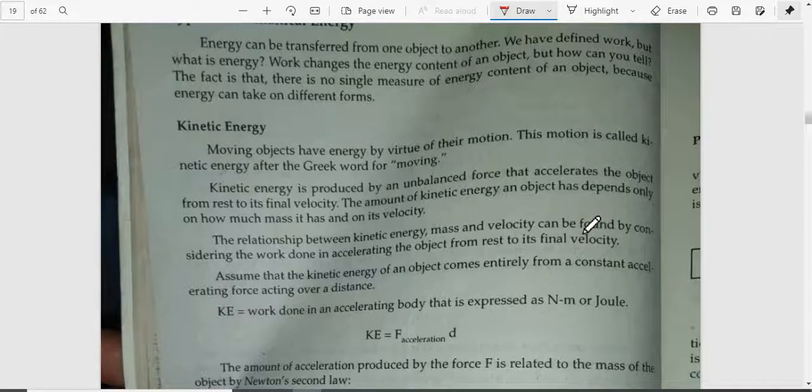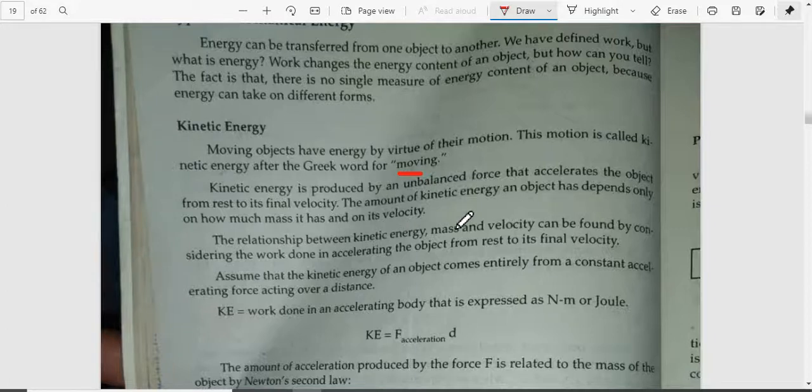This motion is called kinetic energy, after the Greek word for moving. Kinetic energy is produced by an unbalanced force that accelerates the object from rest to its final velocity. Since the object starts at rest, your initial velocity is 0. The amount of kinetic energy of an object depends only on how much mass it has and